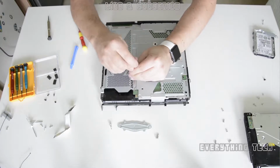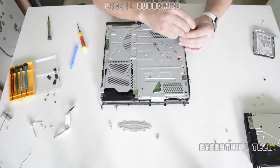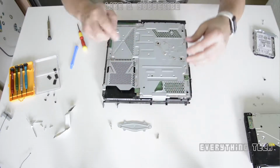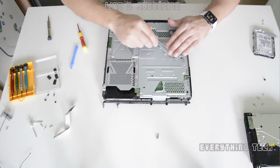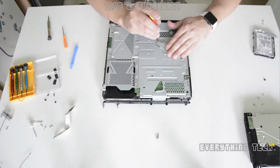You need to leave 2 of them free, because those ones are the ones that attach to the little housing that goes on top of this. So put all the 12 screws in. You need to leave those 2 free. Now it's time to put the retention bracket. Just put the 2 screws on either side. They're Phillips screws,